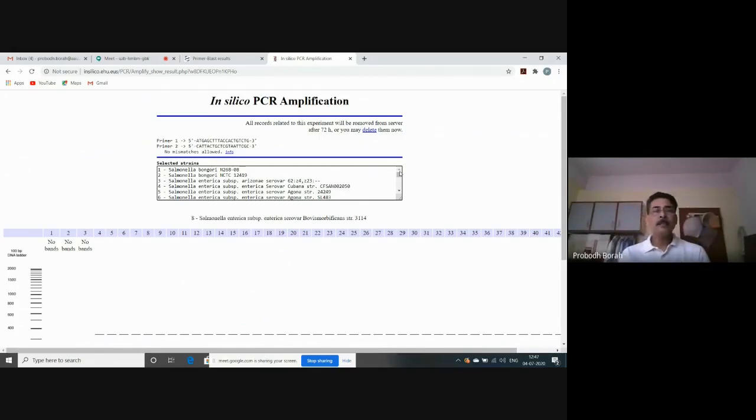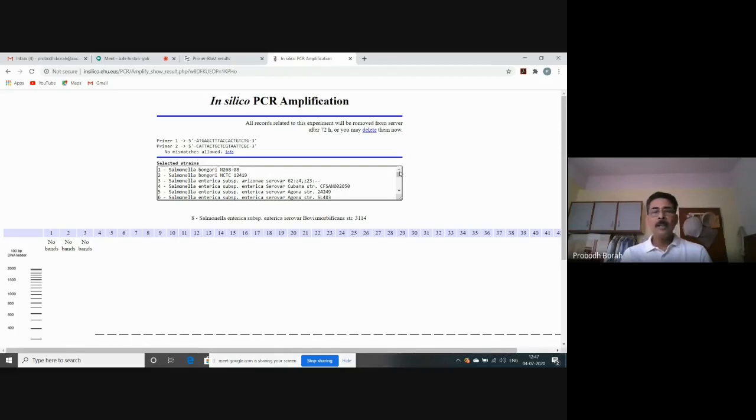So if we do this primer designing, followed by primer evaluation and then in silico PCR, by following the ideal procedure strictly, then we can always expect success in our PCR reaction. So for setting up a new PCR, for standardization of a new PCR, we should always very carefully do the primer designing by following all these different procedures. So I think it is clear to you. If you do that, the chances of failure will be very, very less. There will be no unnecessary wastage of time or money.